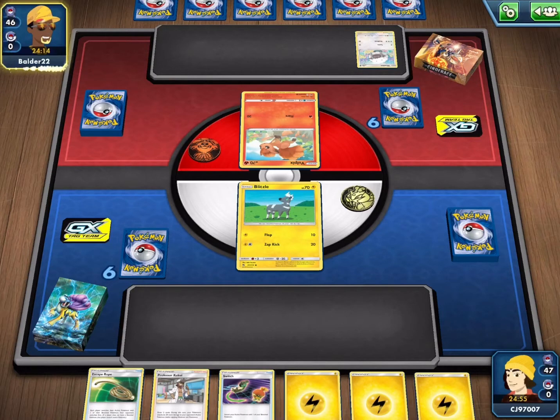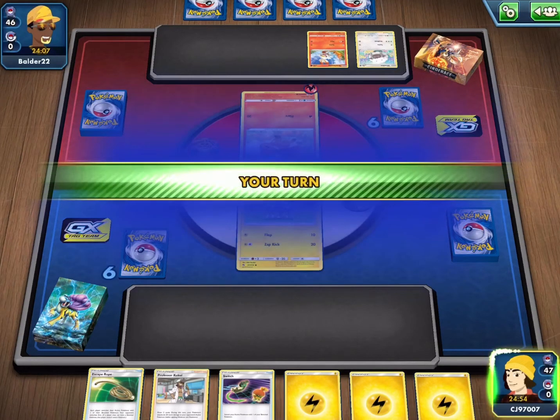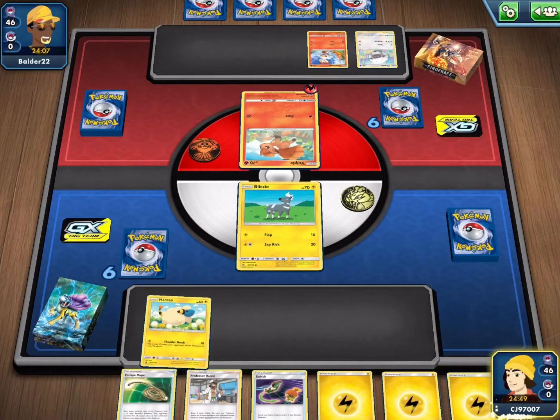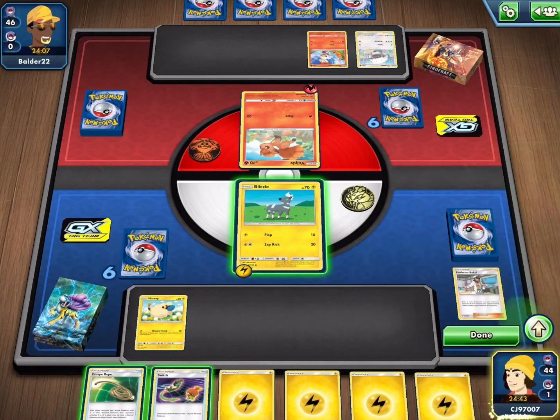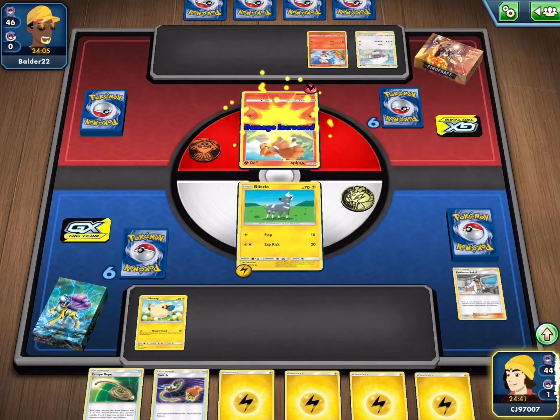So fire decks all around today, very popular, and certainly the Cinderace one is just as good as the Charizard deck that we've been playing against. So we'll see how we get on this time around, but we have a pretty reasonable opener, honestly. It looks very similar to the first match that we played, going for the attachment plus Kukui. Going to be trying some more energy, which isn't great, but at the very least we can attack our opponent